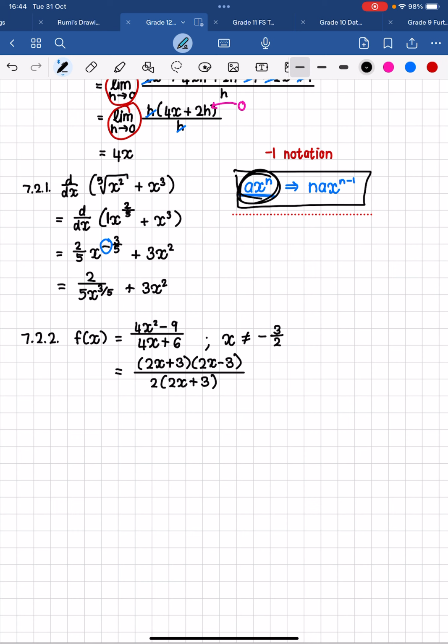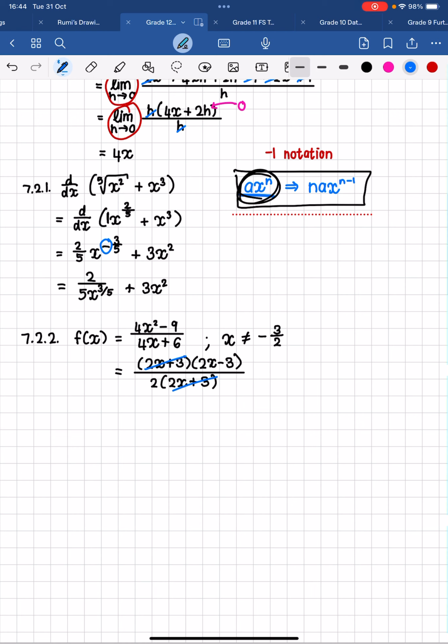All right, so I'm taking out a common factor of 2 and I'm left with 2x plus 6. Remember guys, I said this earlier, when you take out a common factor, you divide by that common factor. So 4x divided by 2 is 2x and 6 divided by 2 is 3. Now look at how nice this is. The 2x plus 3 cancels out the 2x plus 3 at the bottom, and we are left with 2x minus